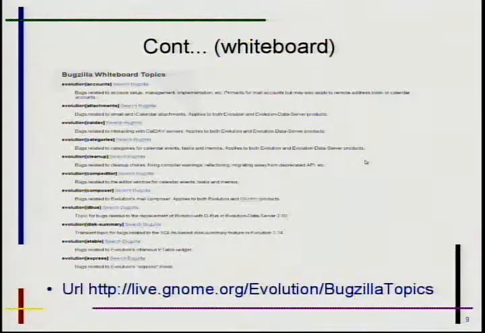All the netbook related bugs coming from netbook users, or people using the netbook version, we tag as evolution express. So next time, if any developer wants to fix all the netbook related bugs, he will just go to evolution express, easily find all the bugs in the bug list, and fix them.